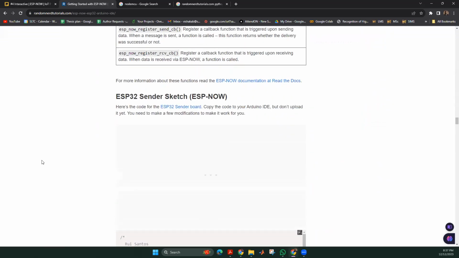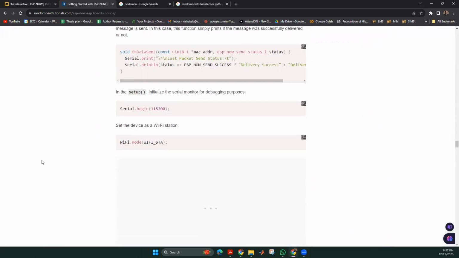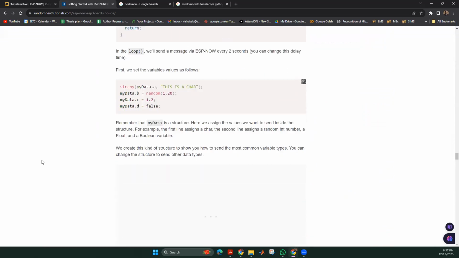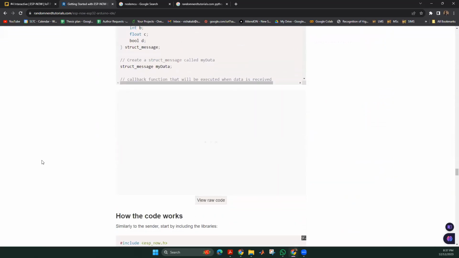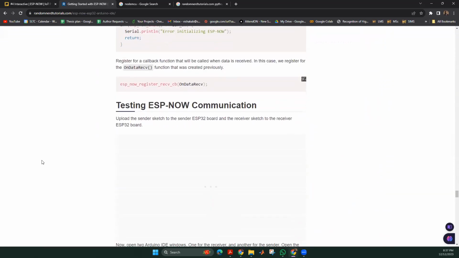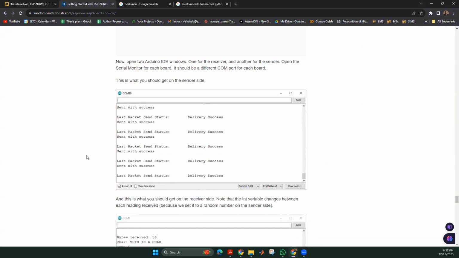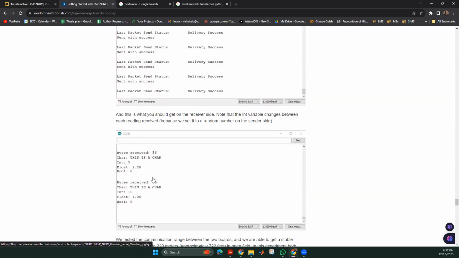So basically, once you build the codes in both the microcontrollers, you can get the communication set up, and you can check the communication quality by printing out messages in the code, right? That says delivery success, those things. Once those messages are received, you will know that the message has been received successfully. So these are the messages that have been received at the receiver. And using those messages, you can find out more information regarding the information that was transmitted, right?